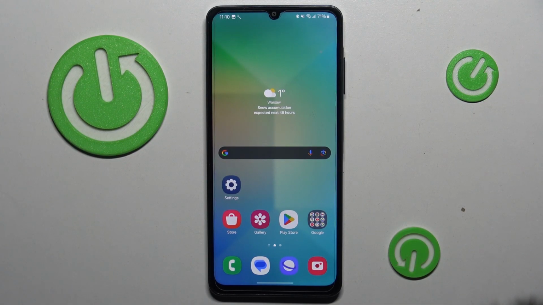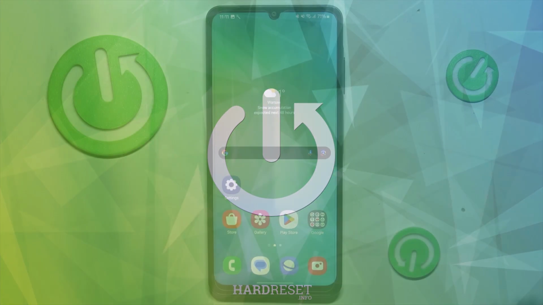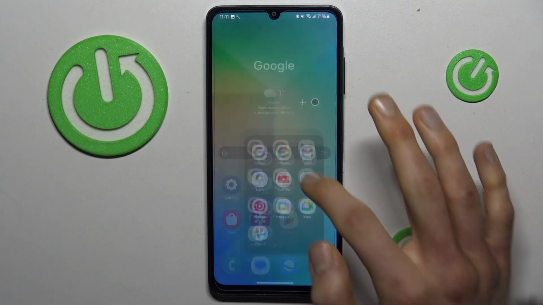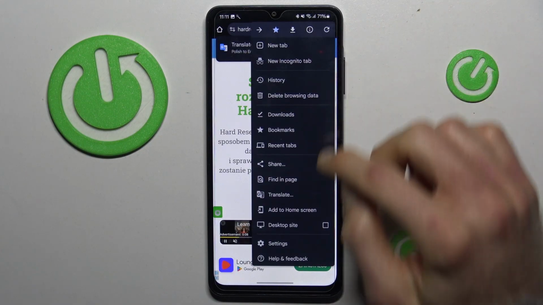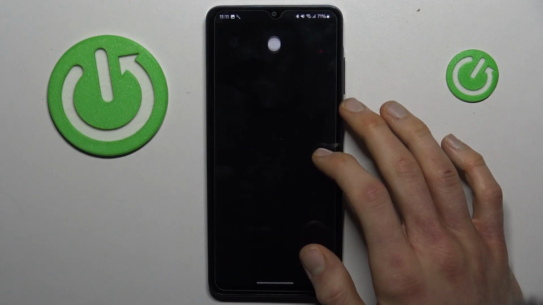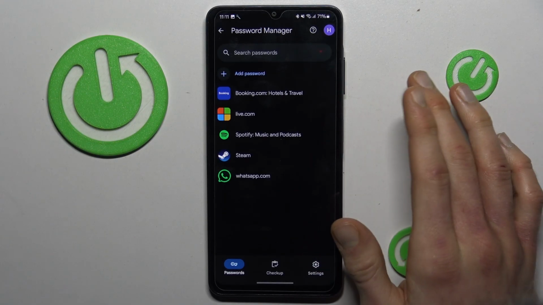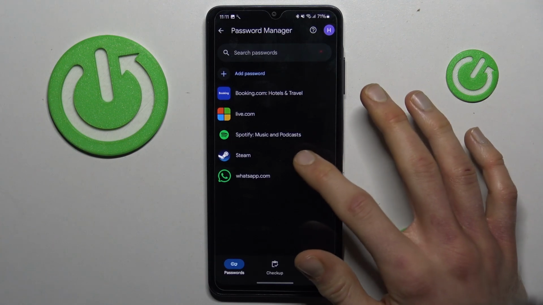Today I have Samsung Galaxy A06 and I want to show you how to manage your Google passwords on this device. Start off by opening the Google Chrome application. In it, tap on the three dots in the right corner and there choose the settings option, where we tap on our Google Password Manager and there we can manage the Google passwords to our accounts which our device remembers, maybe to